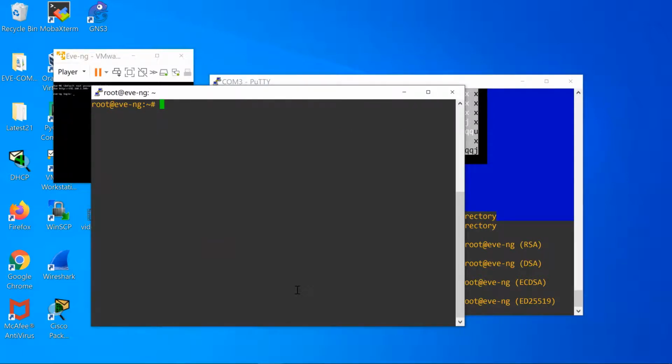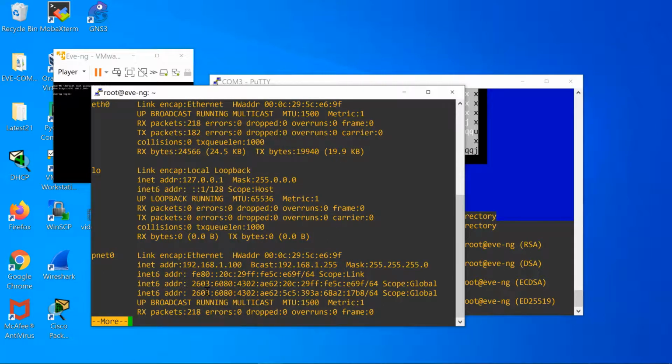Check your IP address using ifconfig. This is our newly assigned IP address.